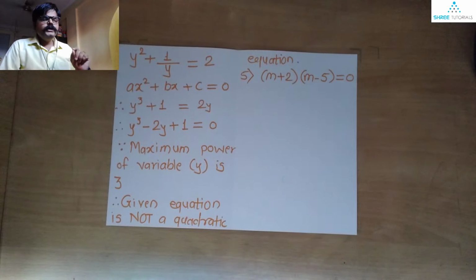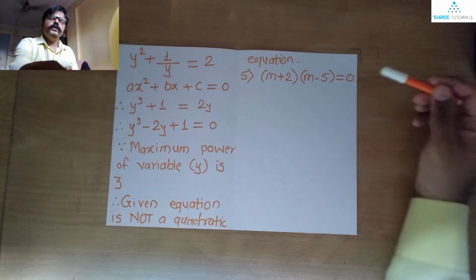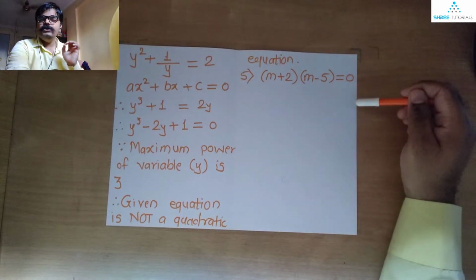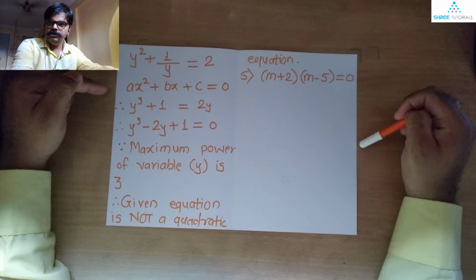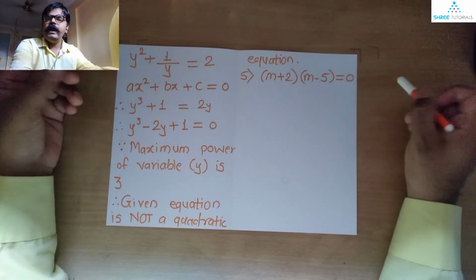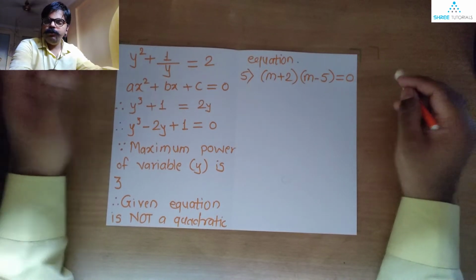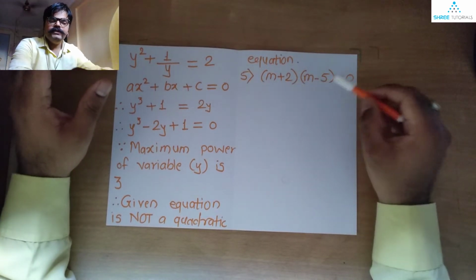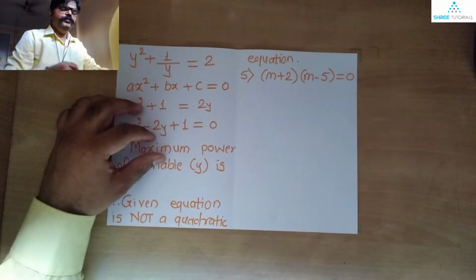Now this equation as well, we need to check whether it is a quadratic equation or not. If we look at this equation, please note it is not even remotely matching our standard format of the quadratic equation. Since it is not matching the standard format, again over here we will have to go for some manipulations. Which manipulations are we going to do? Simply, we are going to multiply these two brackets with each other. Let us see exactly how that goes.